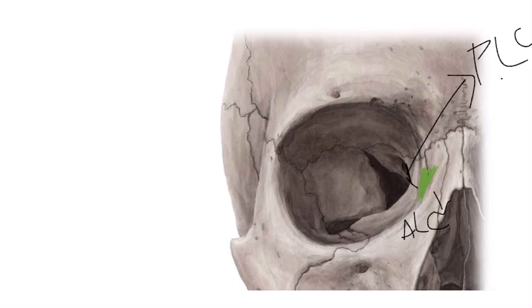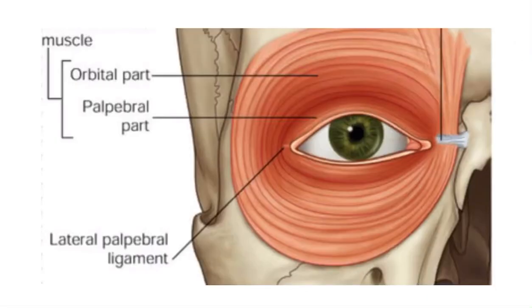Number one is lacrimal crest. You have two lacrimal crests. One is anterior lacrimal crest. Here I have marked a sharp margin, that is anterior lacrimal crest, and behind that I have marked something as posterior lacrimal crest, that is a prominence present in the lacrimal bone. Between these two I have marked something in green in color, that is your lacrimal sac, the site of the sac. Okay, next picture.